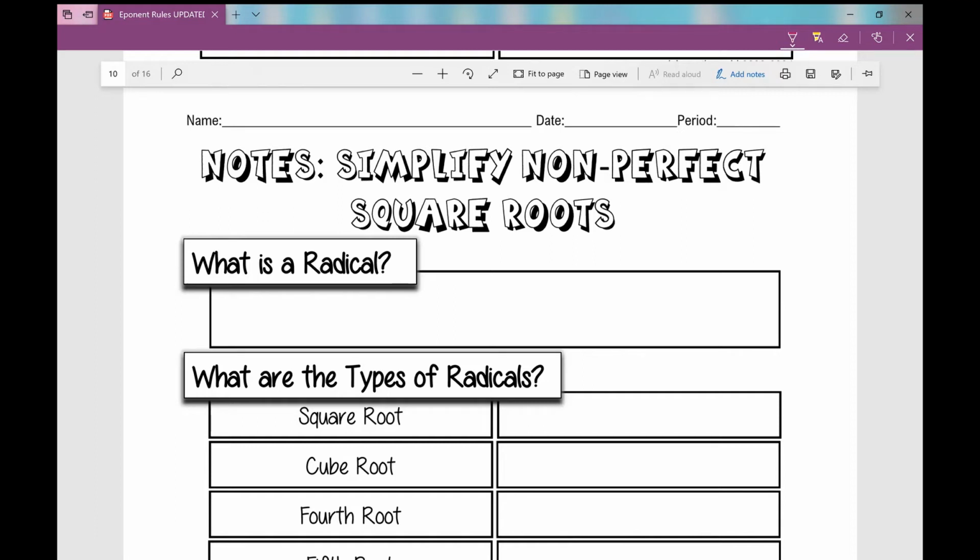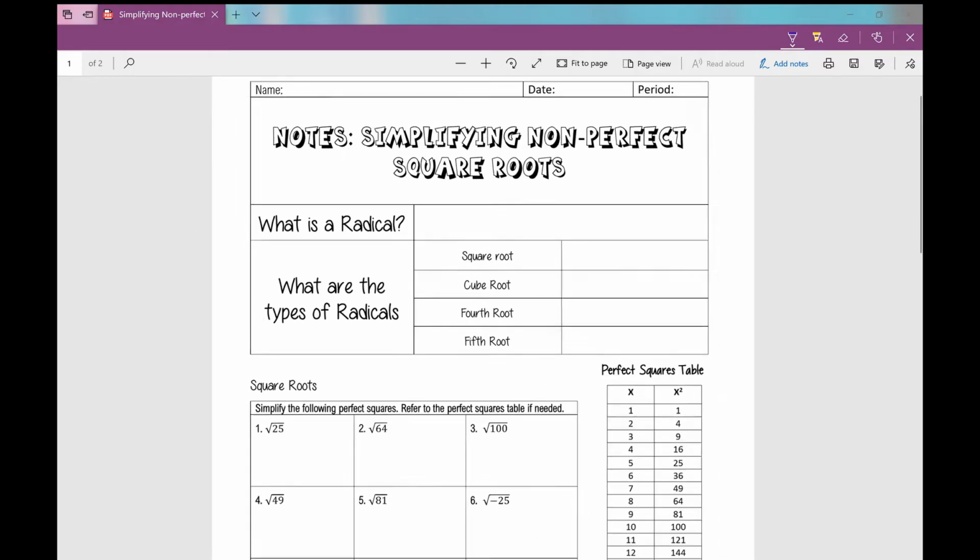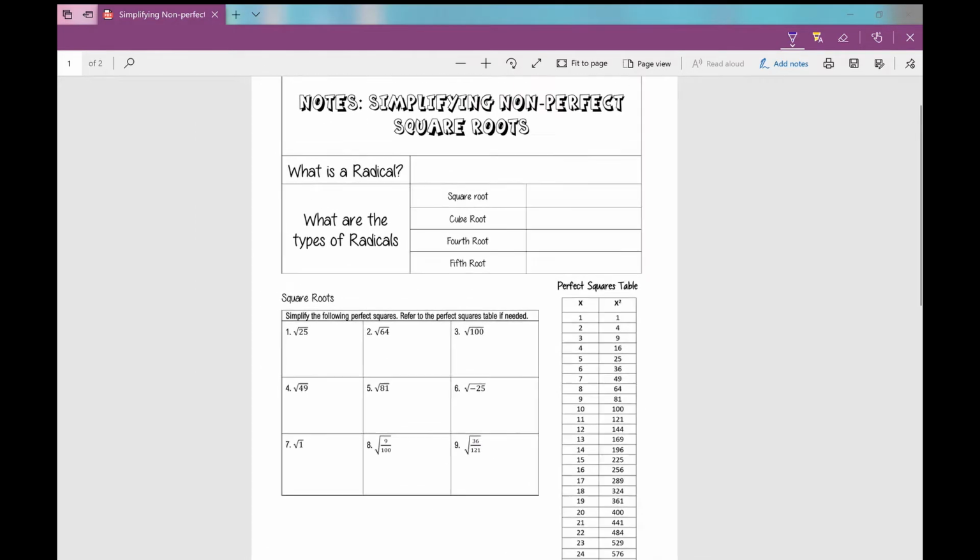Today's notes are over simplifying non-perfect square roots. So the notes you have might look slightly different than what I'm about to go through, but all of the content is the same. So just follow along and fill in your notes. Let's get started. The first thing that I want to point out about today's lesson is this perfect squares table